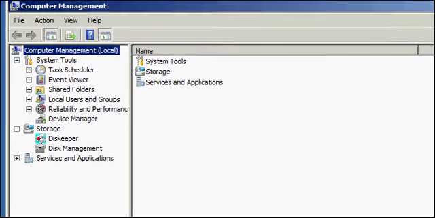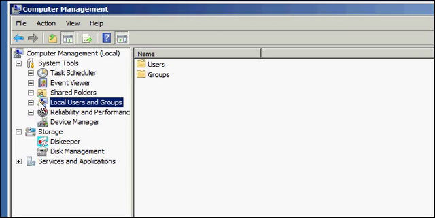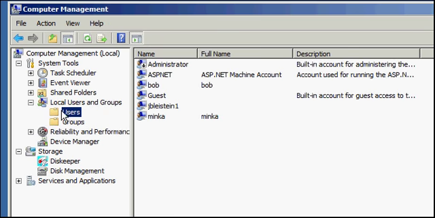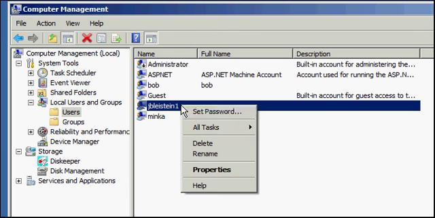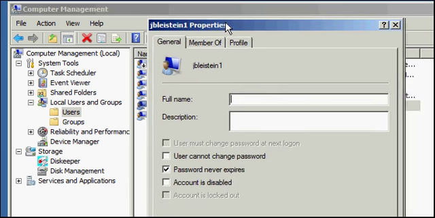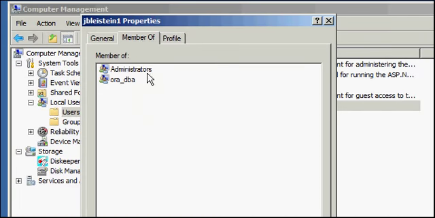And this Computer Management program comes up. If you click on Local Users and Groups, and you click on the user that we're logged in as, which is J Blaystein 1, and you right-click on that and go to Properties, you'll get a tab which shows the attributes of the user. And one of the tabs up here is Member Of, and these are the groups that my username belongs to, the operating system groups. And as you can see, I'm a member of a group called ORA_DBA